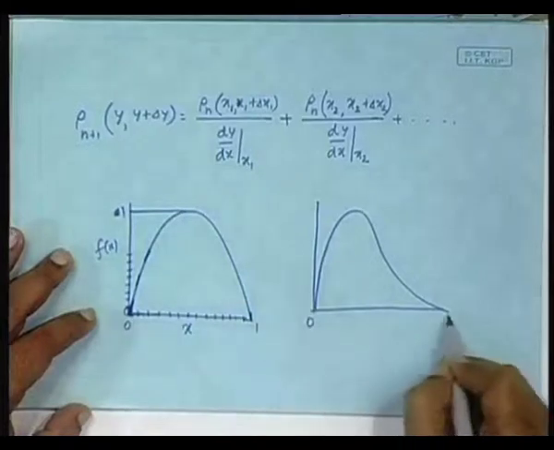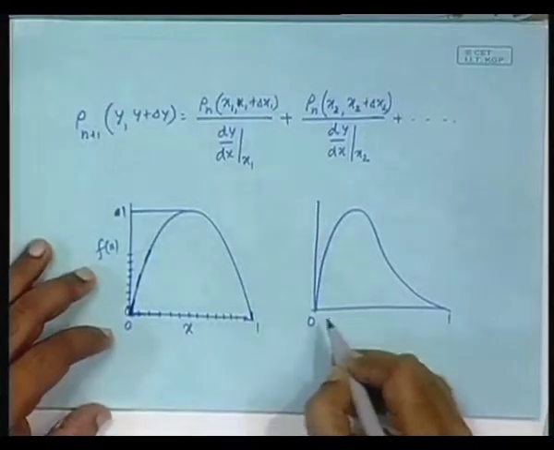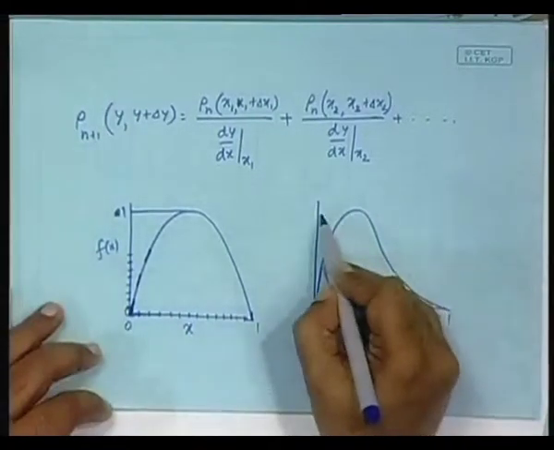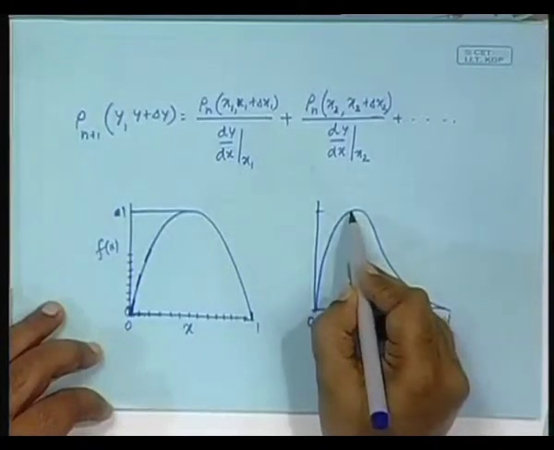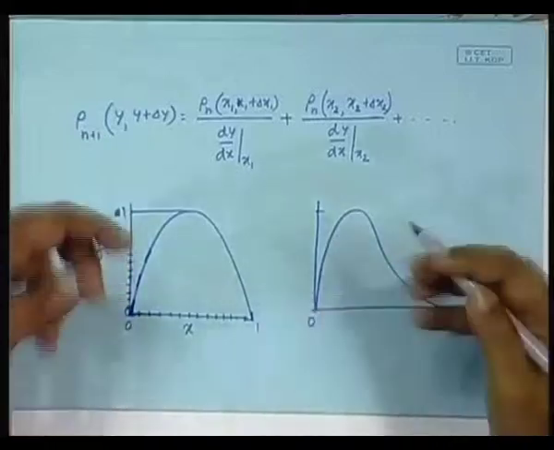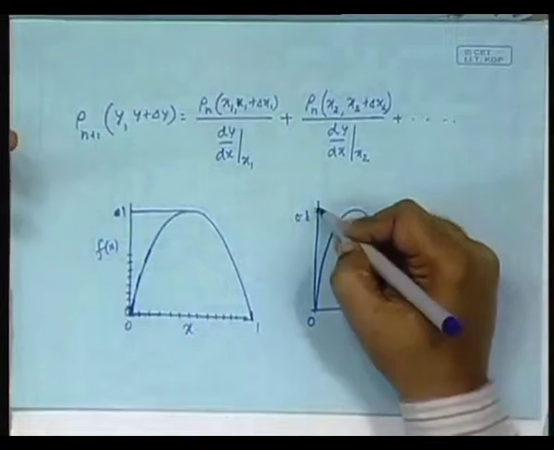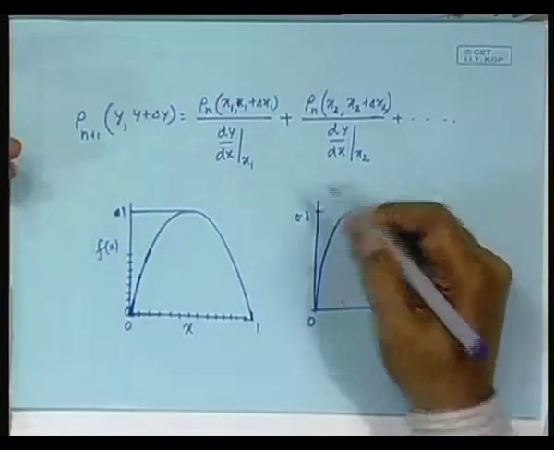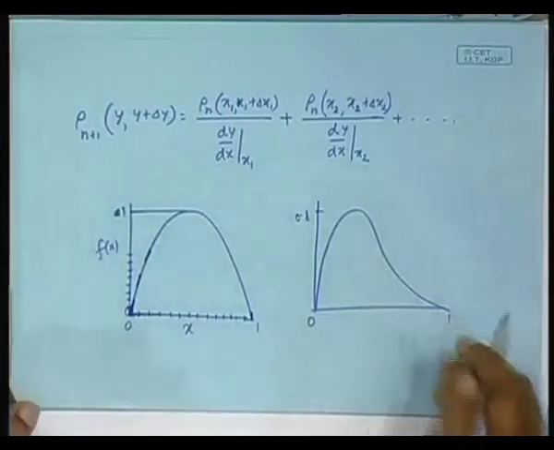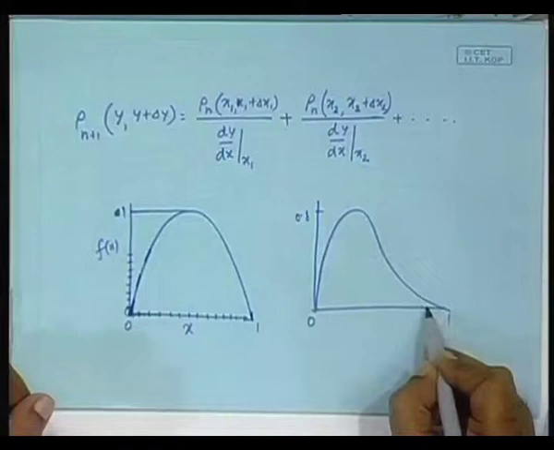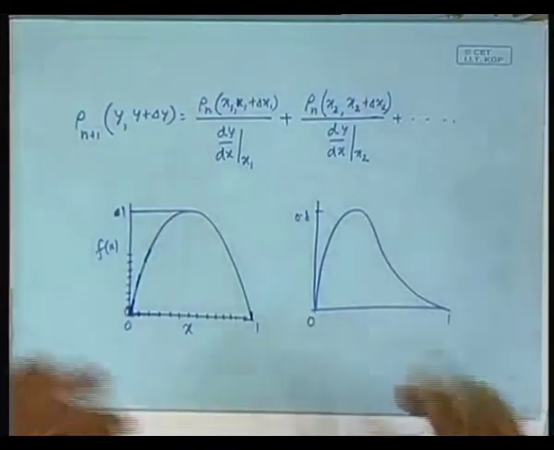So, suppose this is normalized to 0 and 1, and here is the same thing maybe. What will happen if it does not reach 0 and 1? If this is not 1, what will happen? Nothing will reach that range. Suppose this is 0.8, there will be no iterate falling in the range 0.8 to 1, and therefore that part will become empty. Suppose you start from a point between 0.8 and 1, it will come to a smaller range, and ultimately that part will become empty. So, assume that there is some range.